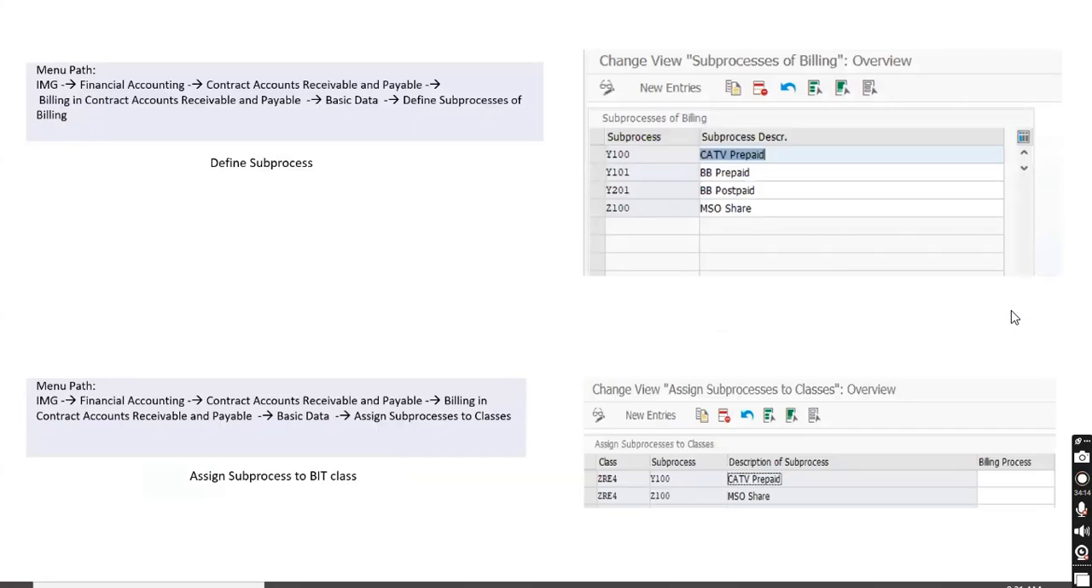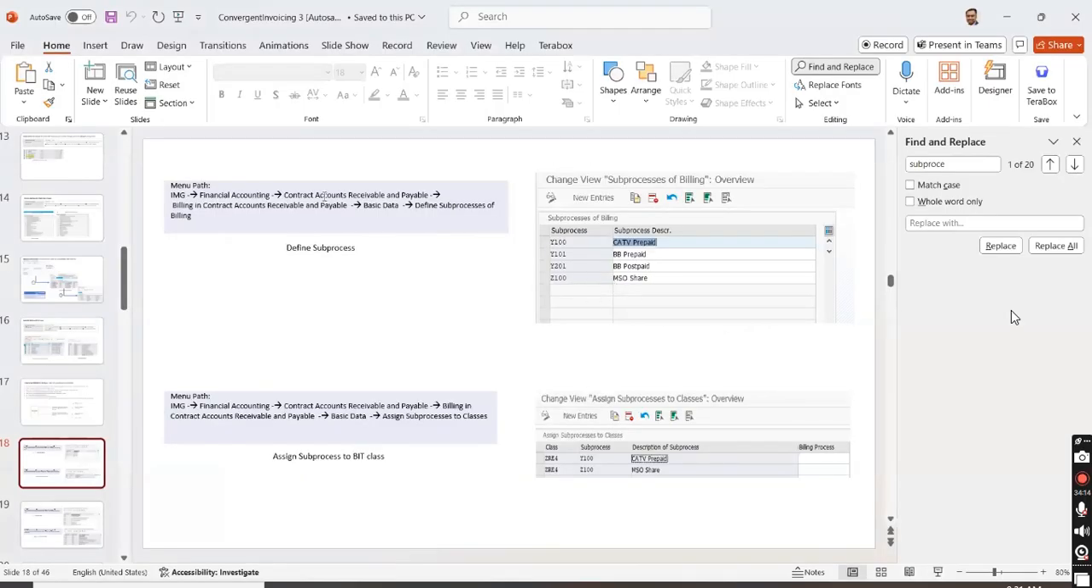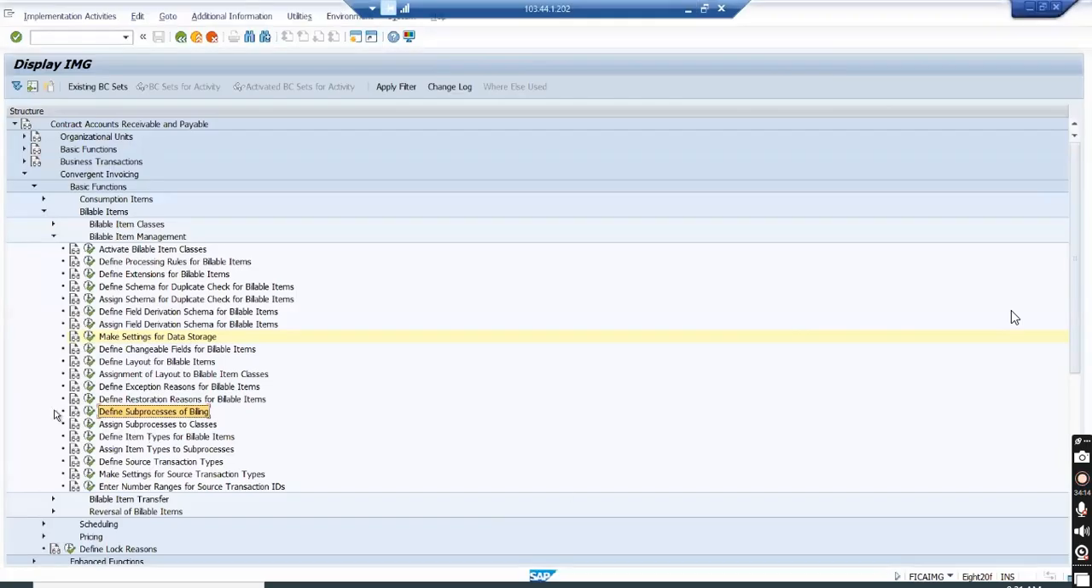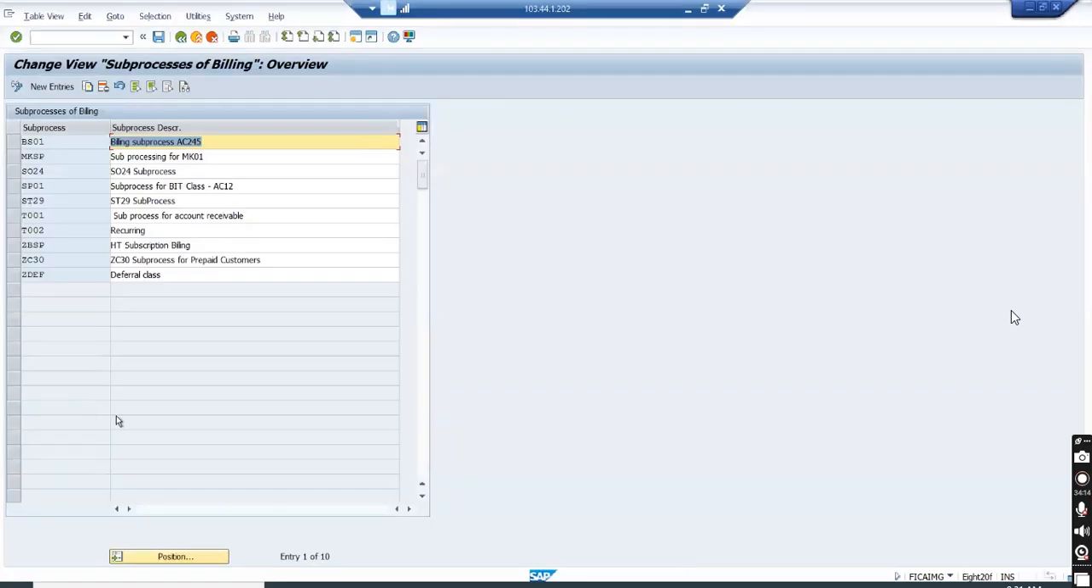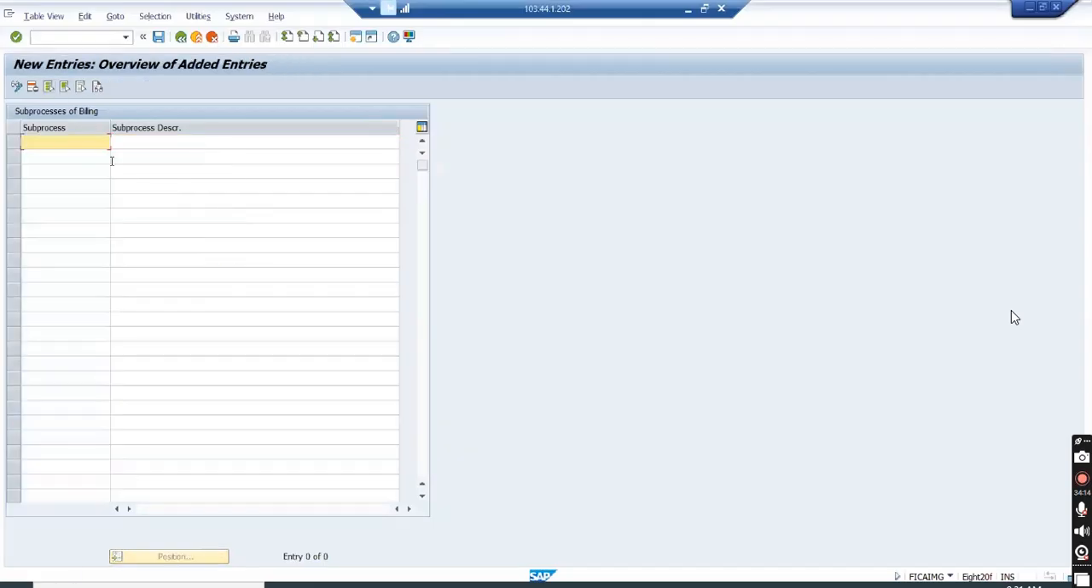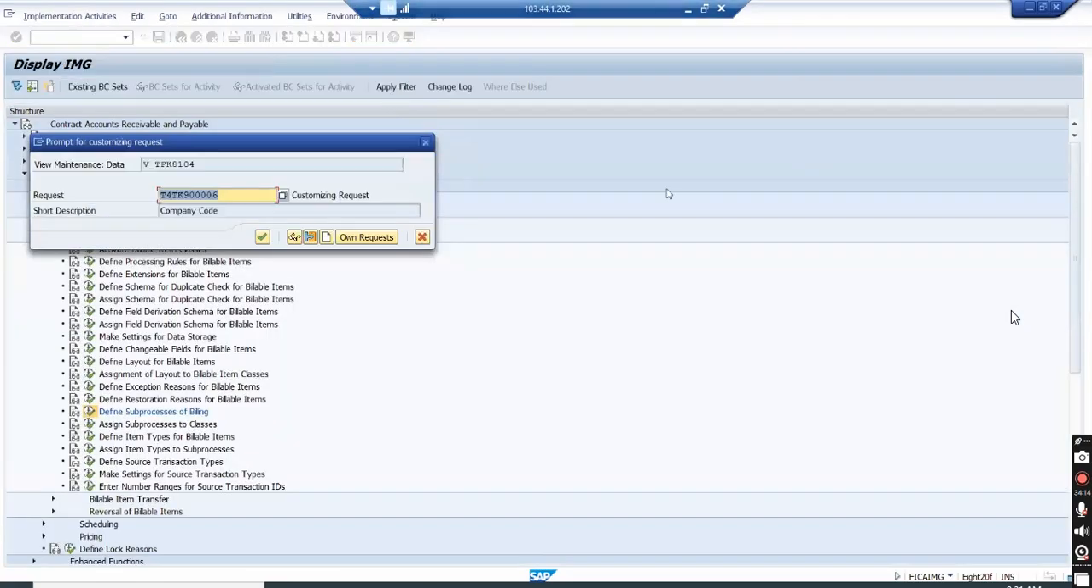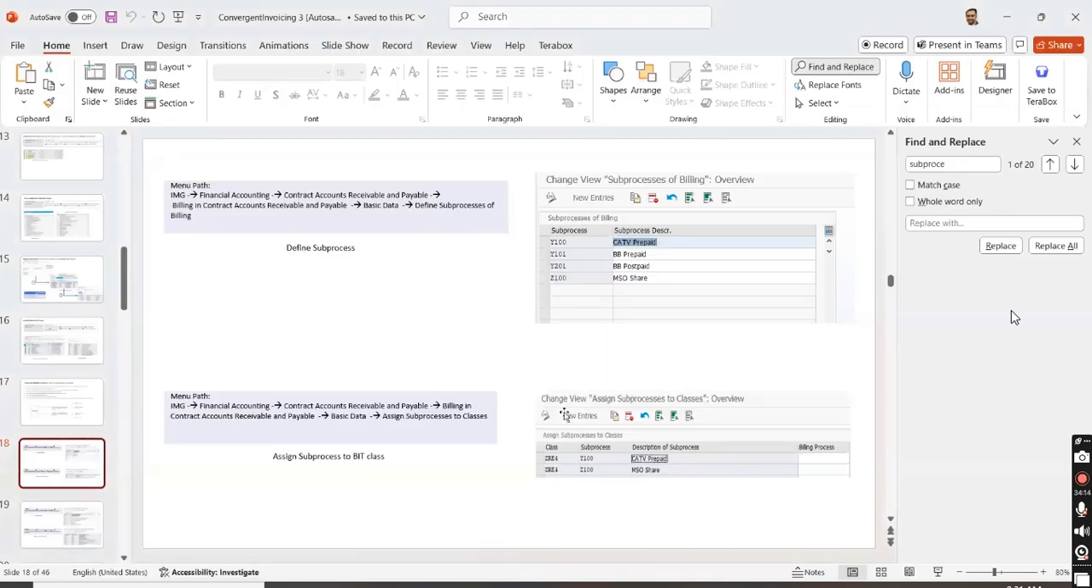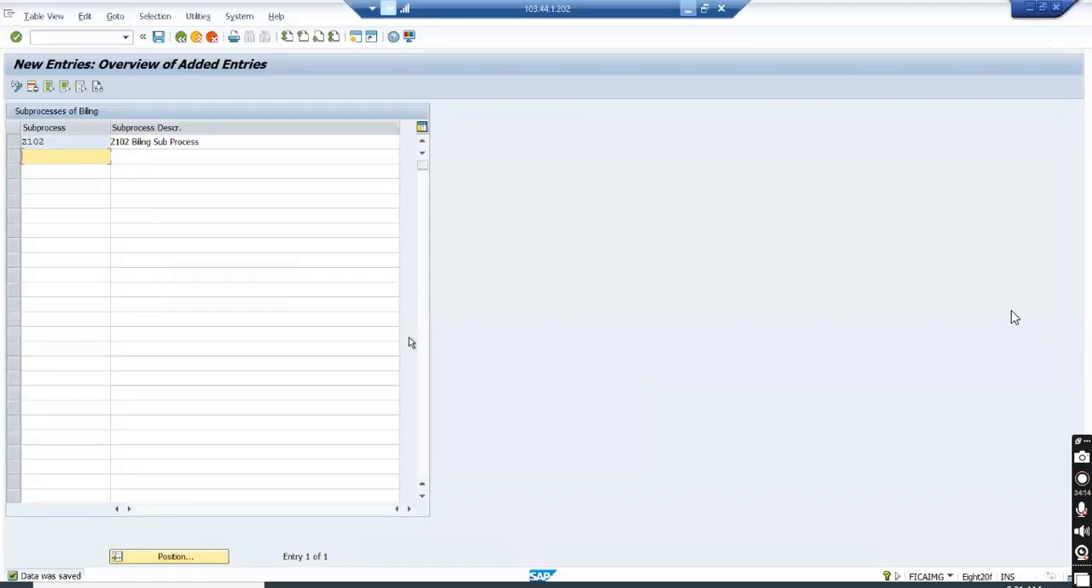So now we'll go to the configuration of sub process. The path is given here, and we will define sub process of billing. I'll use the same name so that I can identify that this is my sub process. Click on new entry, and I'll use the same name, Z102 billing sub process. From the live system, if you want to see, I'll tell you what names are actually used. So from the toll system itself,